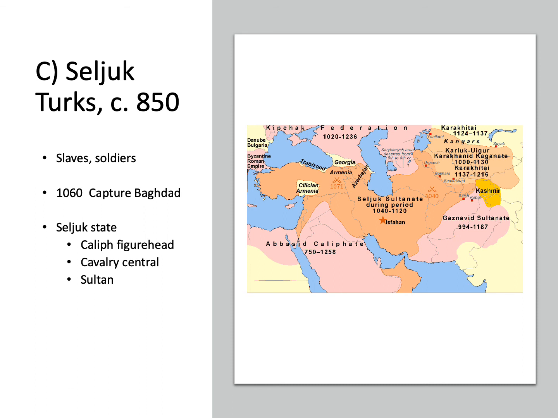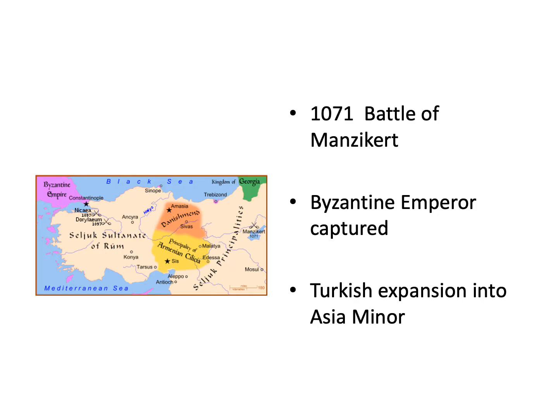By 1060, they're powerful enough that they capture Baghdad. And so then the Abbasid Caliph is really just reduced to a figurehead. He's still there. He really only has sort of religious duties. And it's the Sultan, or the leading member of the Seljuk Turks at the time, who exercises real political authority. And at one point in 1071, sending shockwaves through the Western world,